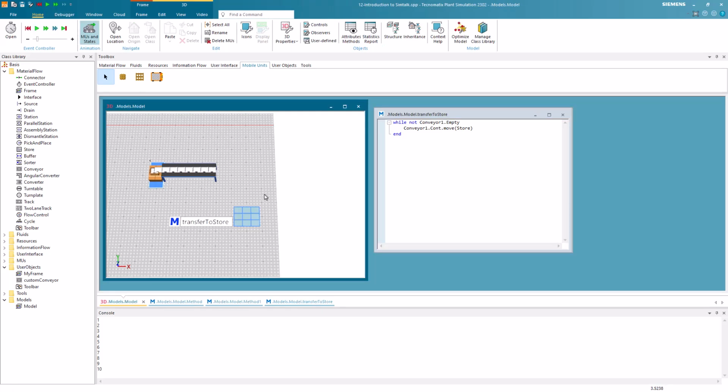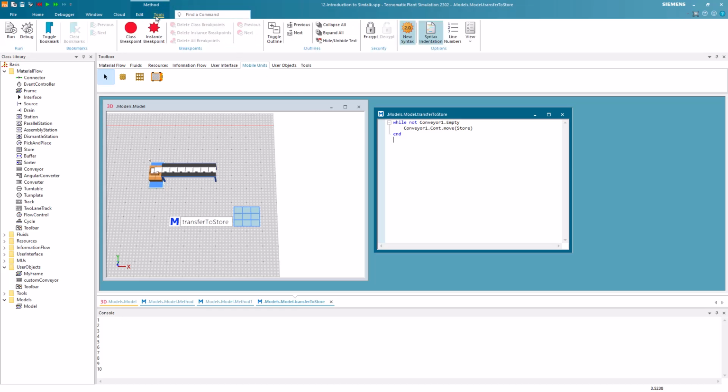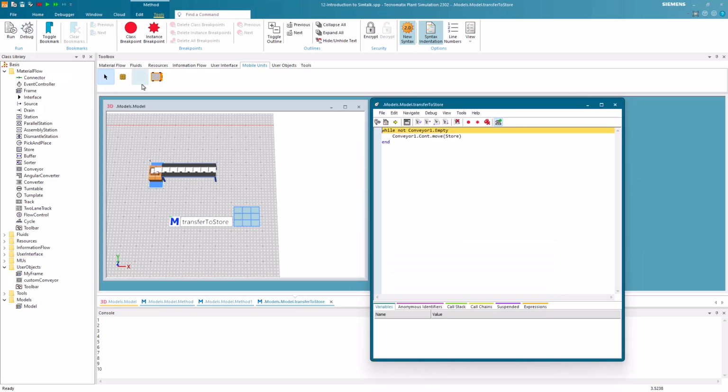As soon as the conveyor is full, we can start our method. However, we will start the method in the debugger mode. The debugger helps us to debug methods and controls. To do so, it provides a couple of commands. To start the method in the debug mode, we can switch to the Tools ribbon and click on Debug, or we can also simply press F11.